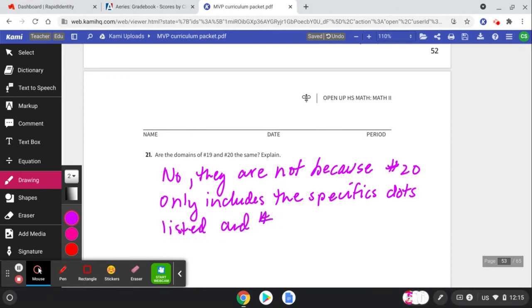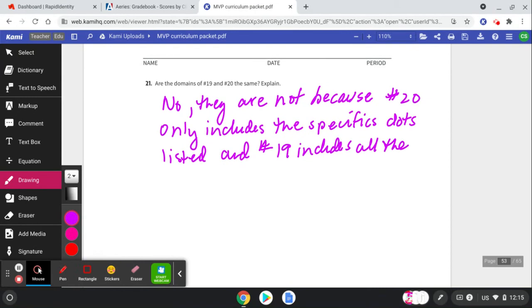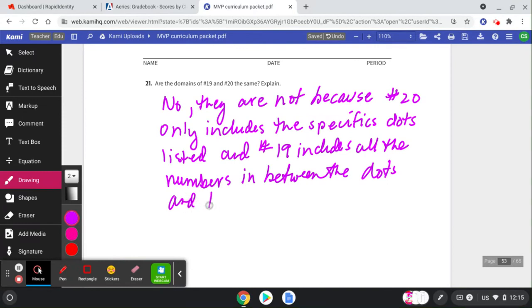And number 19 includes all the numbers in between, and going to infinity. Okay, so they are definitely